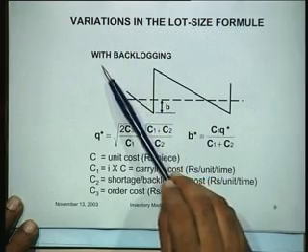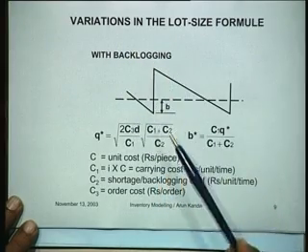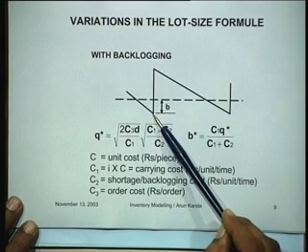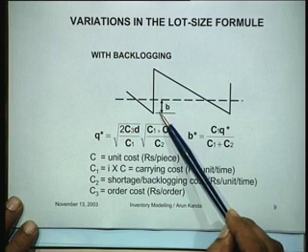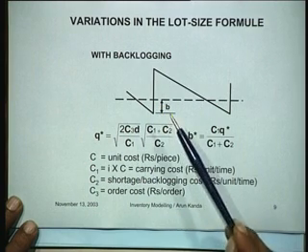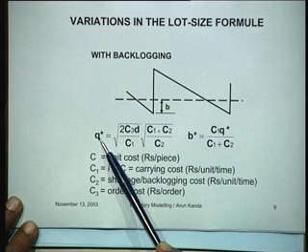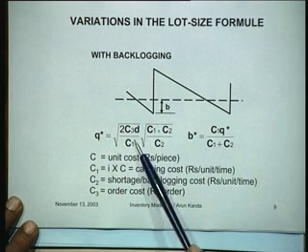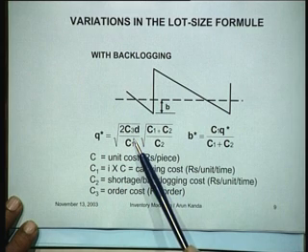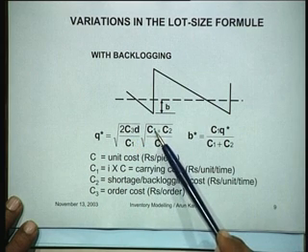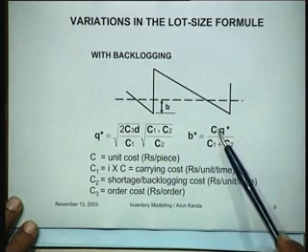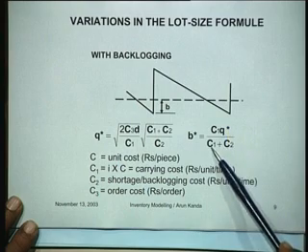If you now consider the situation of production with backlogging, what happens really is that this inventory level is now allowed to become negative. So this is, let us say, some value B. When this happens, the optimum Q star value is the square root of 2C3D by C1, which is the standard formula for the EOQ, and this is now multiplied with the square root of C1 plus C2 by C2, and the value of B star is equal to C1 into Q star divided by C1 plus C2.